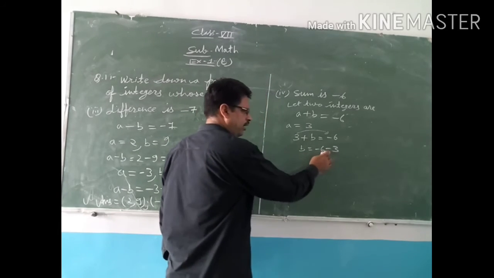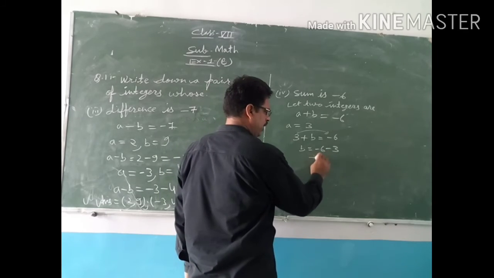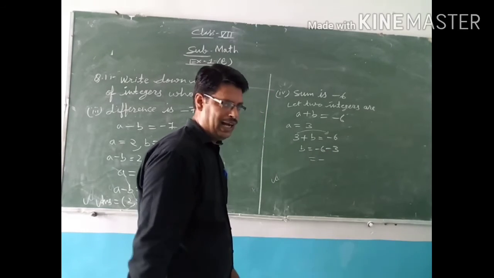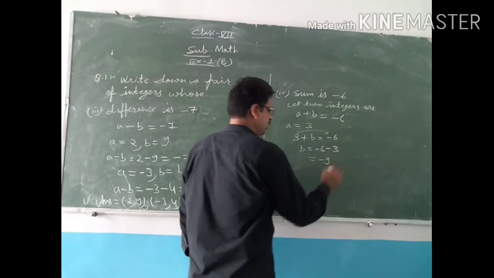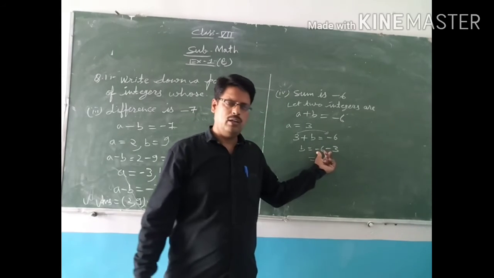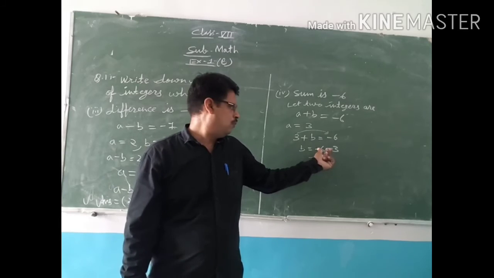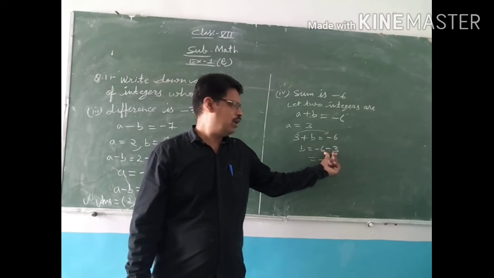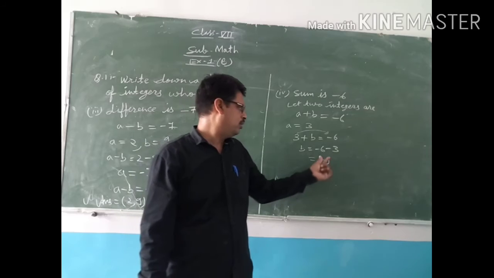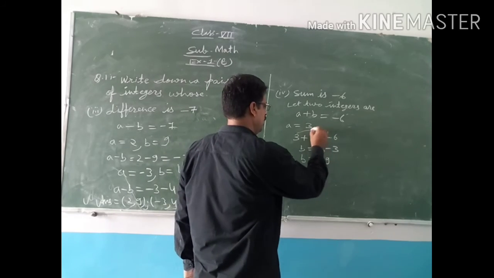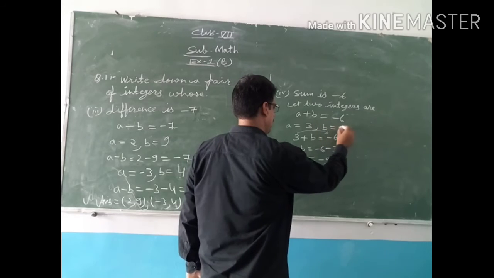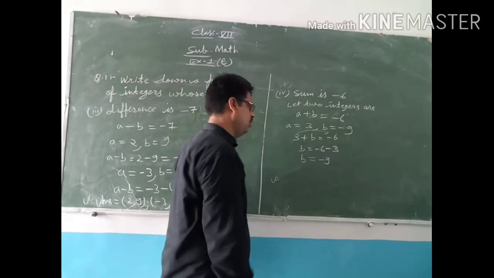So both are negative. When both are negative, then minus sign will come, है ना, and addition happens. So 6 plus 3, 9. ये बताया गया आपको कि अगर दोनों नेगेटिव में होते हैं तो माइनस साइन आता है और इन दोनों का एडिशन हो जाता है. तो 6 plus 3 9. तो b वैल्यू हमारी क्या आ गई, -9. So a is equal to 3 and b is equal to -9.